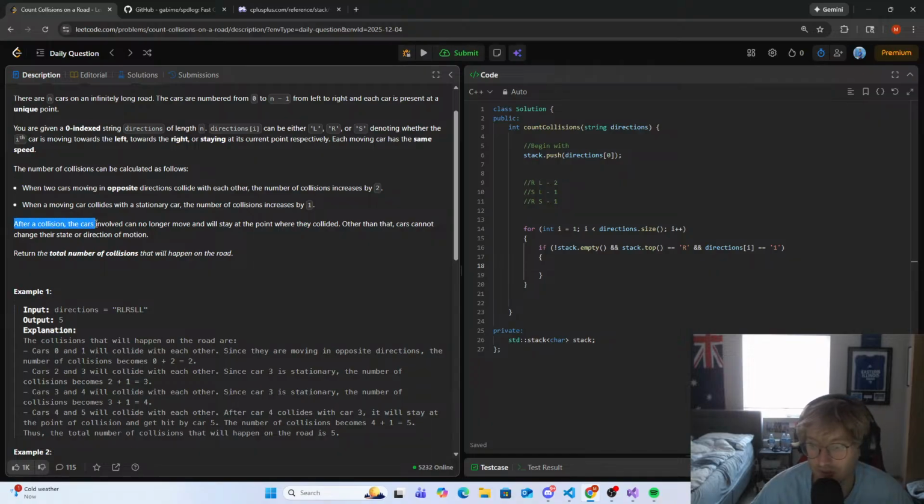So here's an important point. After a collision, the cars involved can no longer move and will stay at the point where they collided. Other than that, cars cannot change their state or direction of motion. So really it turns into an S, right? So in this case here, what we'd have to do is, well,